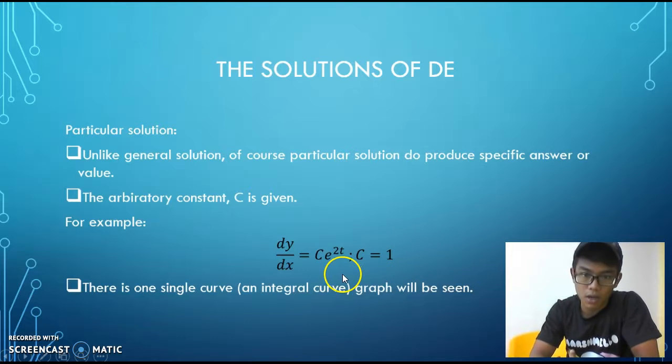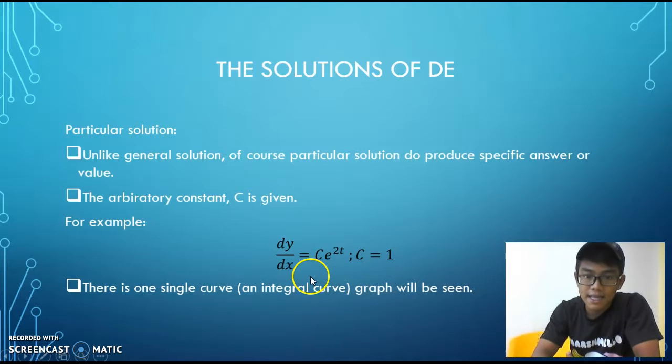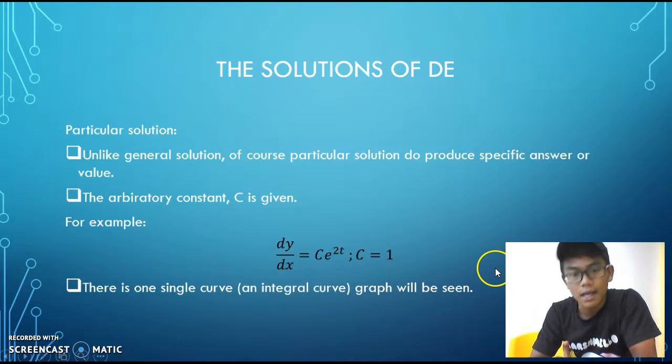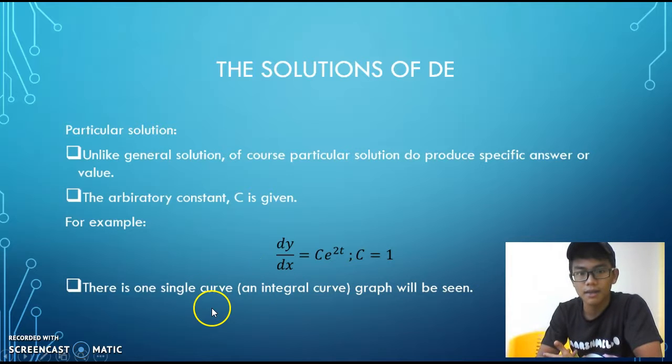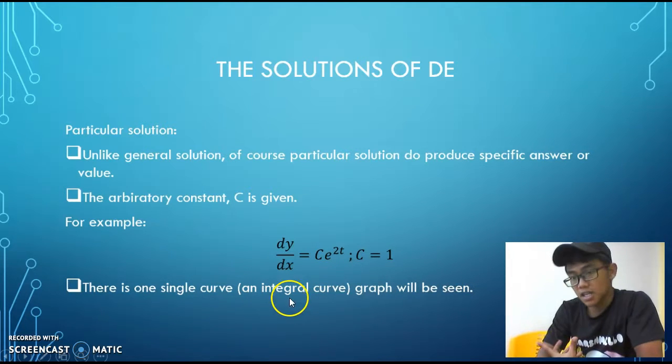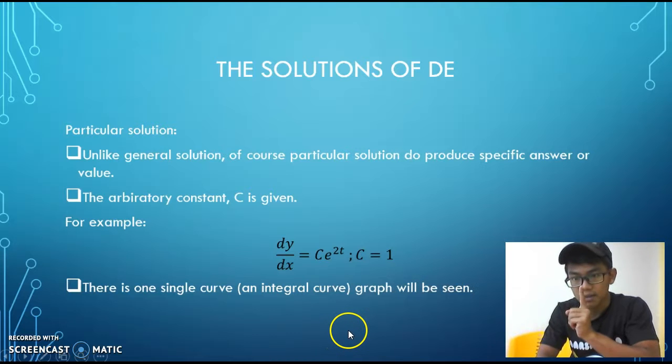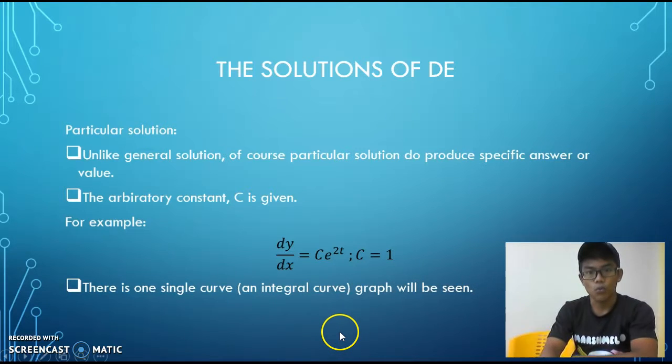So where c equals 1, of course, the function of the differential dy over dx is equal to c multiplied by exponent to the power of 2t, and dy over dx is exponent to the power of 2t. So guys, I hope you can understand it, because this is the simplest one. So particular solution can produce an integral curve, or one single curve. So next,